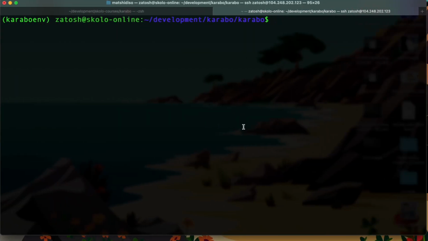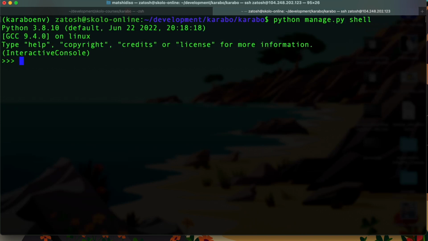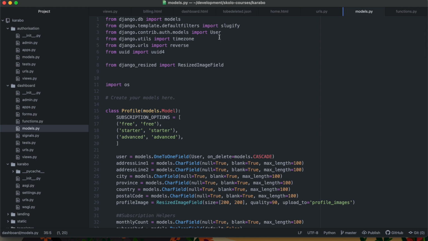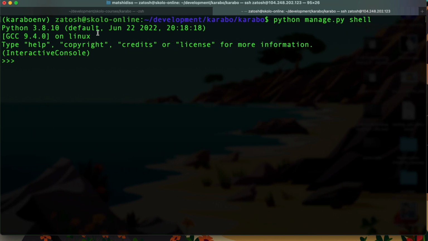All right, so I'm going to say python manage.py shell. This logs me into the shell of my application, and then once I've done this, I'm going to call a user. Let me see how to call a user from contrib models. I want to get this user class. All right, and then I want to get a user